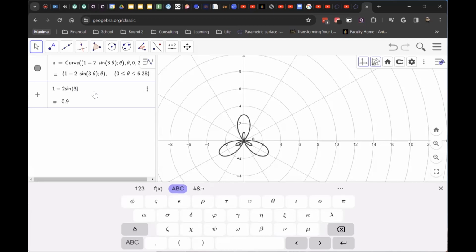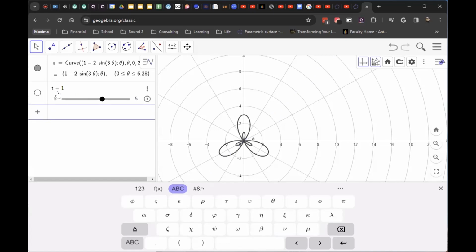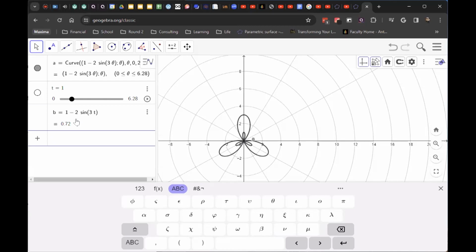Oh, let's do it this way. Let's go t is equal to 1. So we're going to make this go from 0 to 2 pi in steps of, let's say, 0.1. No, I'll make it really pi. And then we're going to do 1 minus 2 sine of 3t. Why am I doing this? Because if I shut this off, you can see